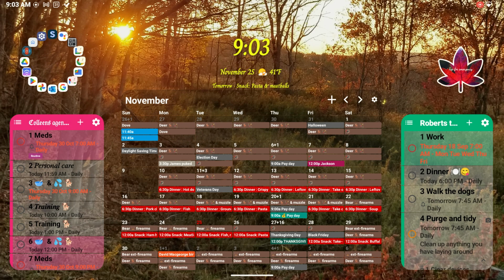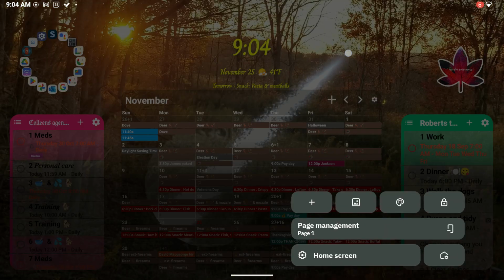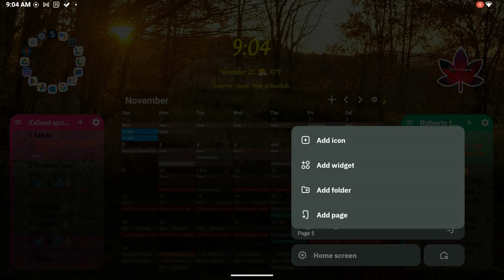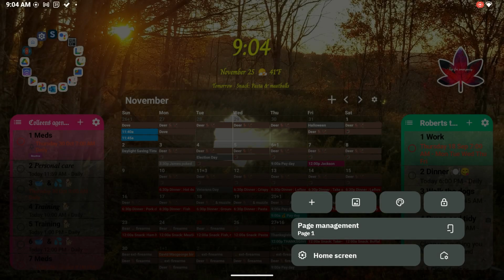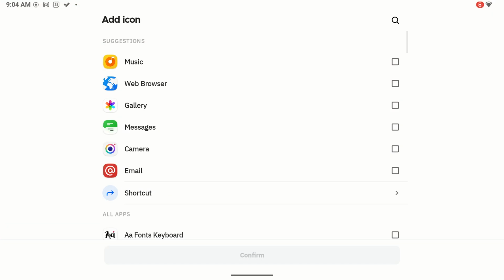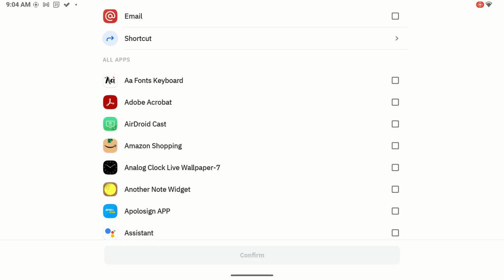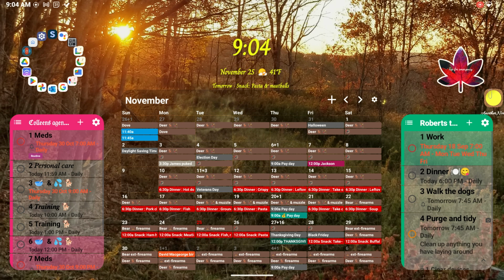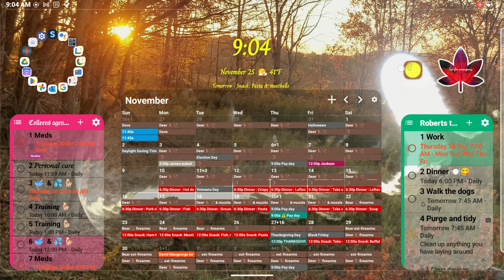So now I have shown you how to add widgets. Just hold, and all of these launchers run things just a little bit differently. So to do this one, we're going to tap the plus button and add a widget there. I can add an icon here too. Icon app for Cozyla, it's app, but it's an app icon. I do wish that they all use the same terminology, but they don't. So I'm just going to tap on that just to put something in there so you can see it's another note widget. I'm going to bring it up here